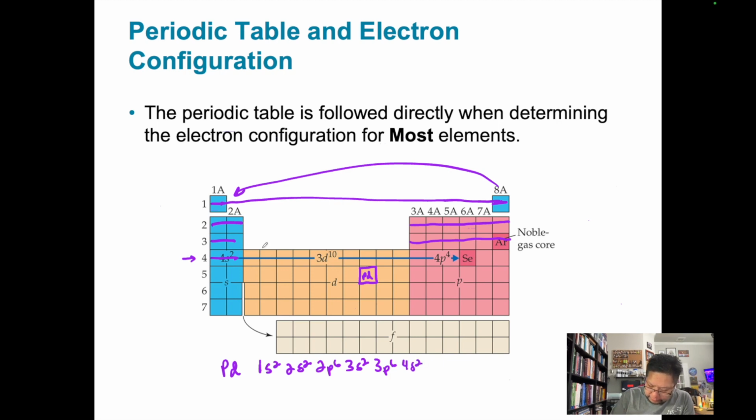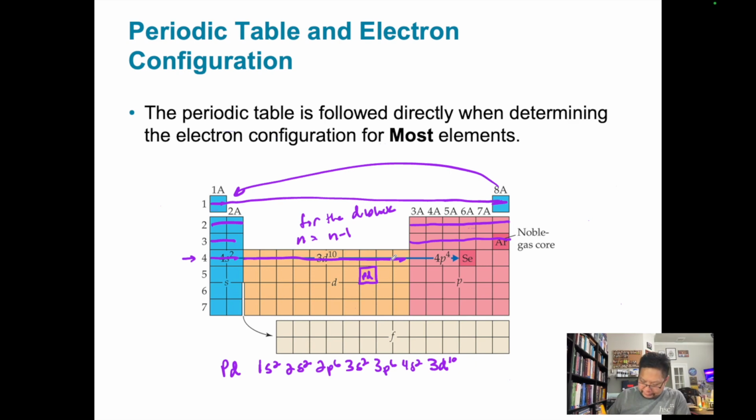And then, we're on the D block now, right? So remember, it's always the n for the D block, right? For the D block, n equals n minus 1. And so here we'll start, even though we have 4 here, the D block's going to start with 3. 3d10, right? Because we take care of all these 10 electrons right here